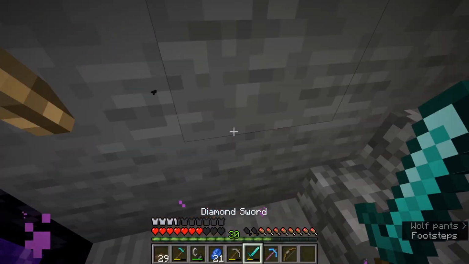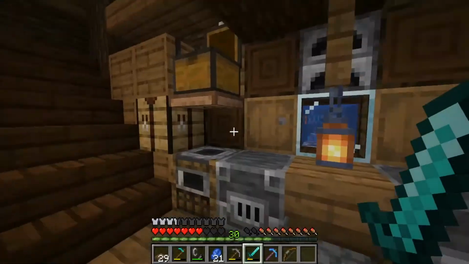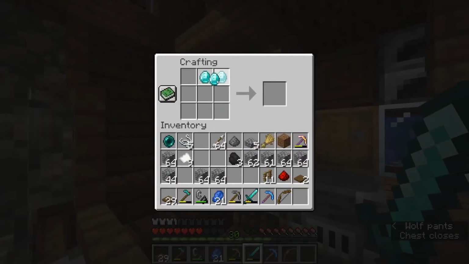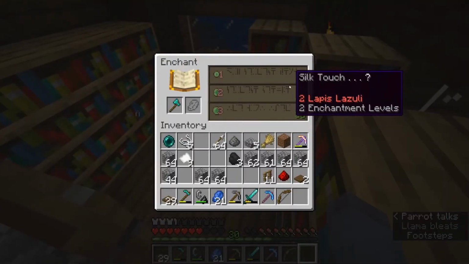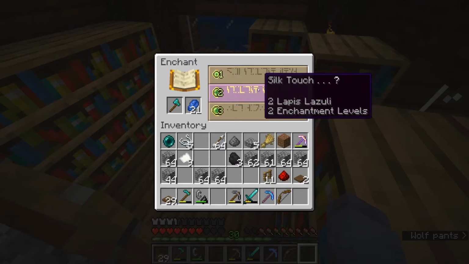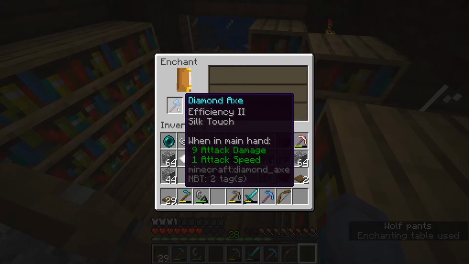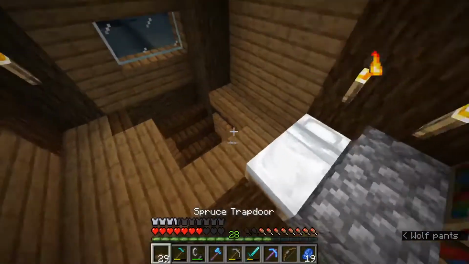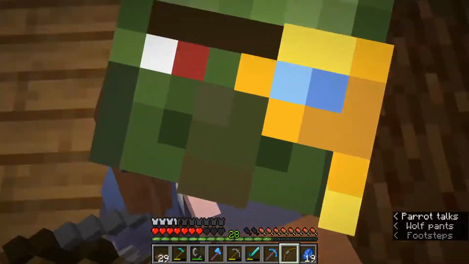Actually, I've still got 30 levels. I think I'm gonna make myself an axe. Okay, let's see. What are the... oh, silk touch. The question is, do I go for it? You know what? I can gain 2 levels again. Okay, that's absolutely terrible. I shouldn't have done that. Now my life is ruined, and everything's gonna fail, and I'm destined for...